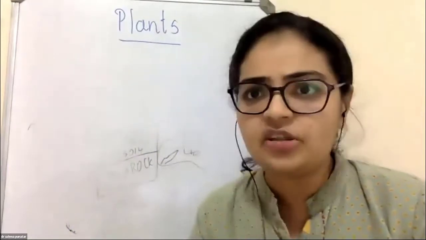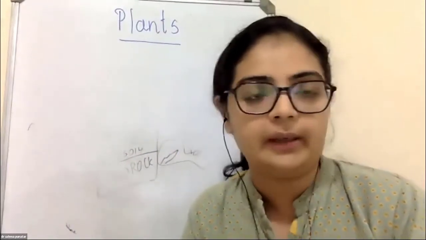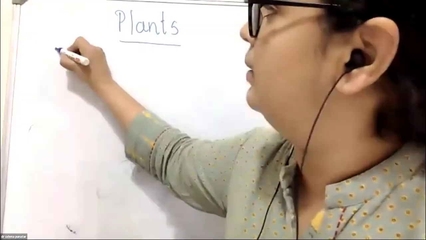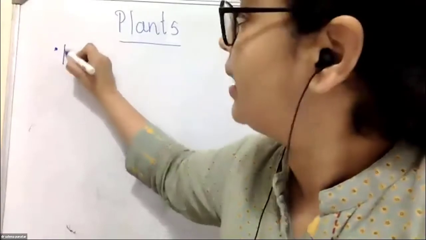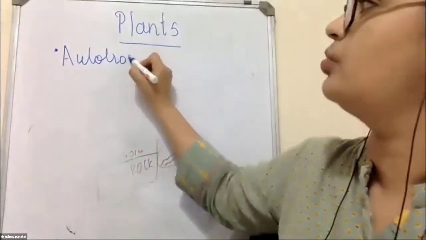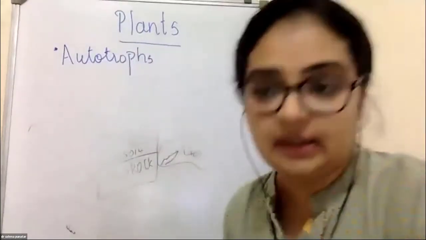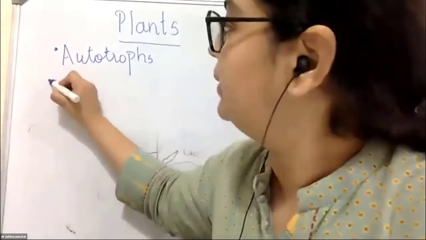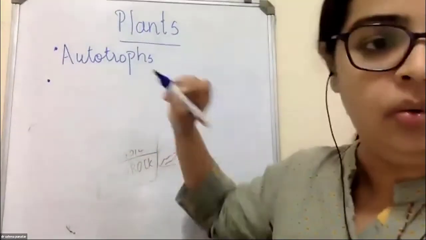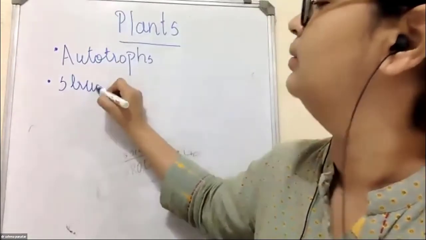So children, very easy topic to start off with. All of you know what plants are, right? So very quickly, let's just go through. The first word that I use is that they are autotrophs. The second word that we know is that they are structured